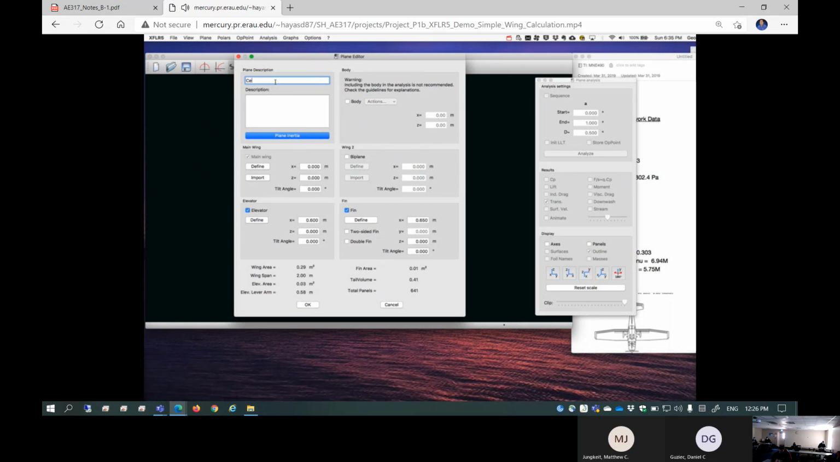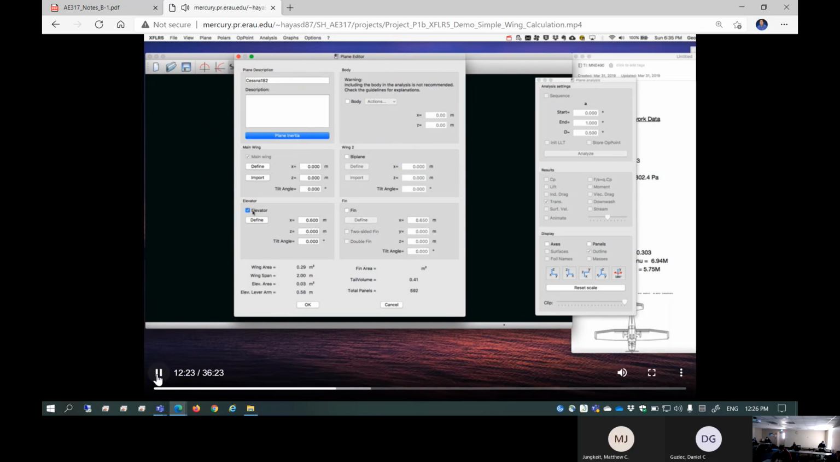Here we go. Now you can build in XFLR5. You can build a biplane, which I've never done, but you can. You can include a body in there. There's a big warning about not including a body, but if you look on the web, you'll see videos of people including bodies. We're not going to do that. We're not making a biplane, and we're actually going to ignore the